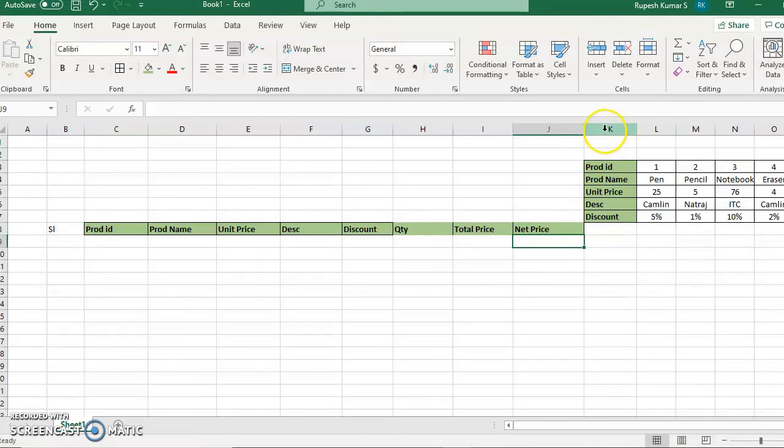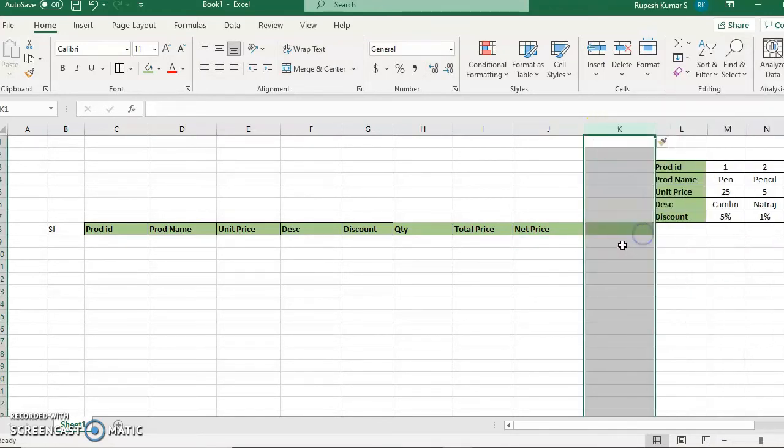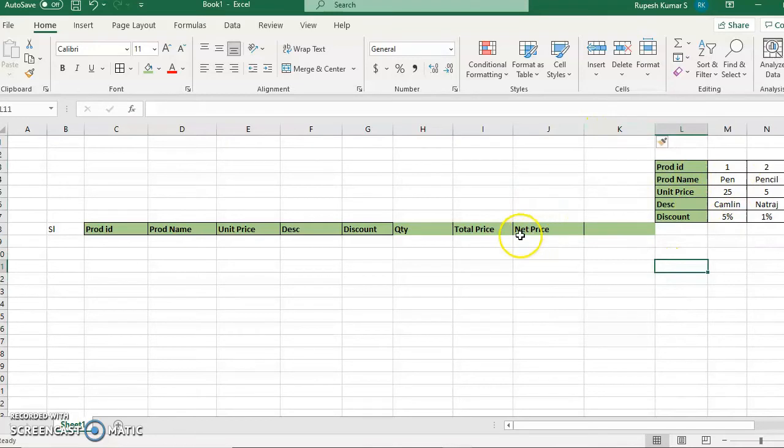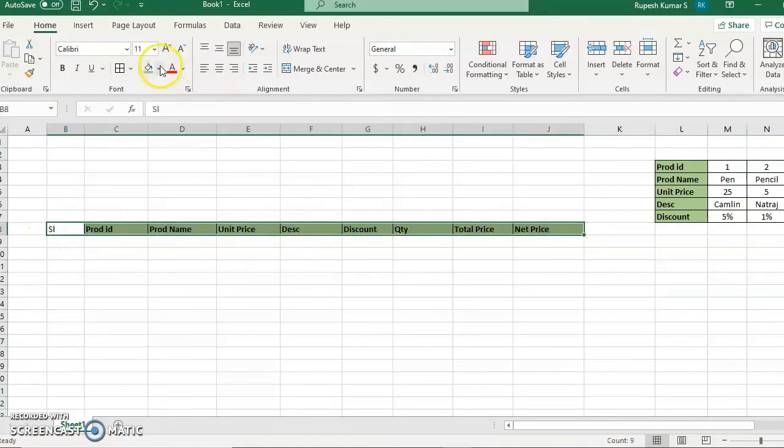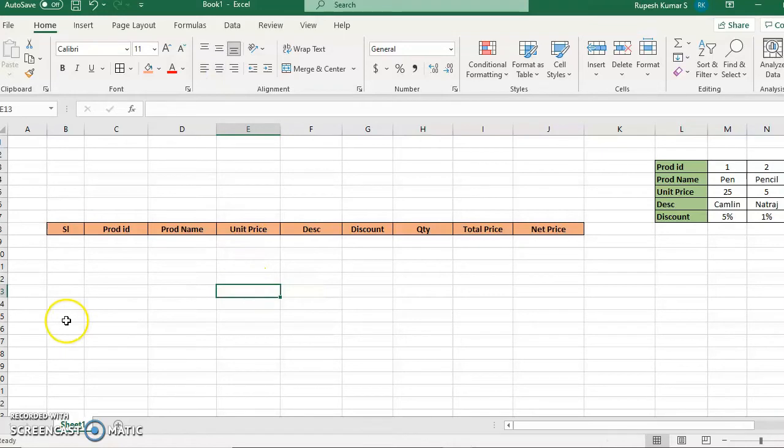I will give one more space over here so that this data and the data which I am going to create for the bill should remain in a different area. Now this green area I don't want here, so I am going to use format painter. I click in the white area, click on the format painter and click here. Fine. So this is my data. Okay, so let us format this area also. So here, make it bold and center alignment. Yeah.